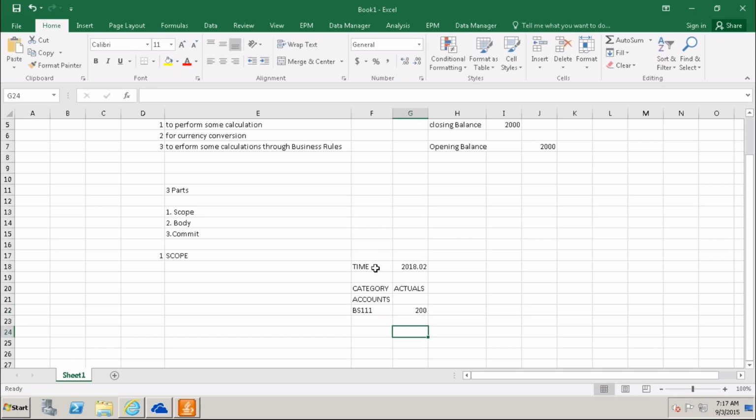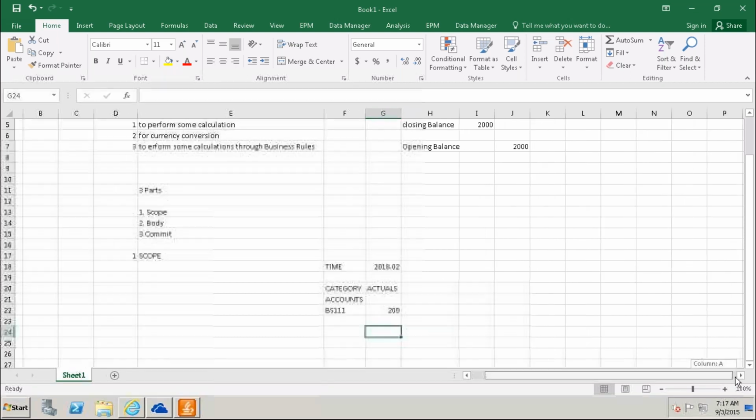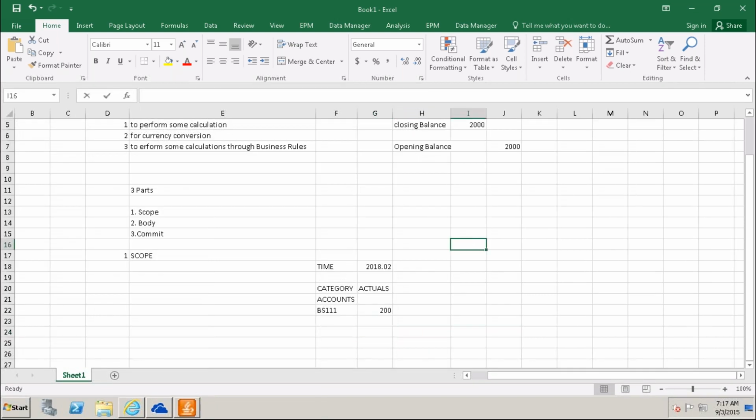Apart from this, all other dimensions also I have. So I will write it clearly here. First, what is our dimension record? This is account, category. Simply, I will tell you. Don't confuse here, please.